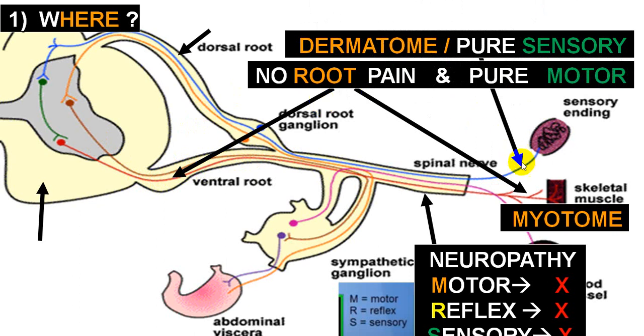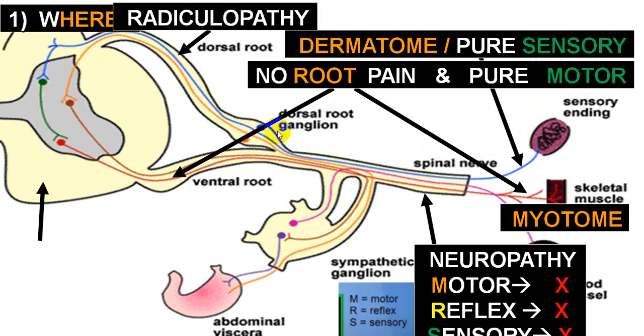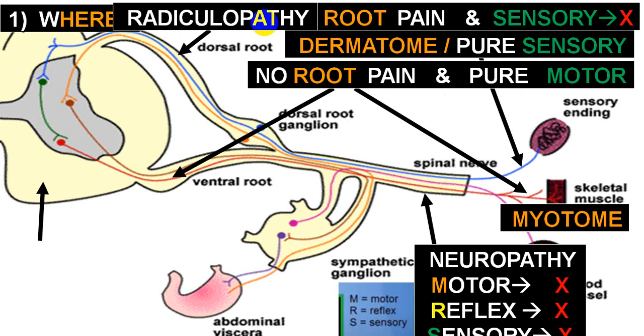When you get involvement of this peripheral nerve which is carrying the sensory fiber via the posterior root, or we call dorsal root, to the spinal cord, you will have a pure sensory involvement, and it will be in the distribution of that root, we call dermatome distribution. And if you get the involvement of this posterior root or posterior root ganglia, you complain of severe root pain, and there will be involvement of the sensory findings. We call this a radiculopathy.